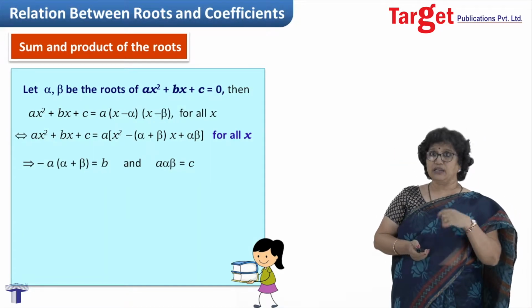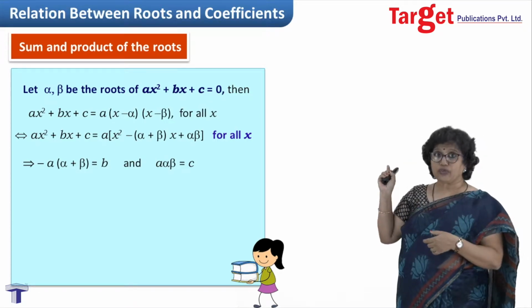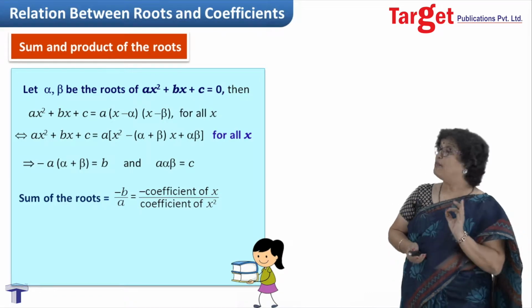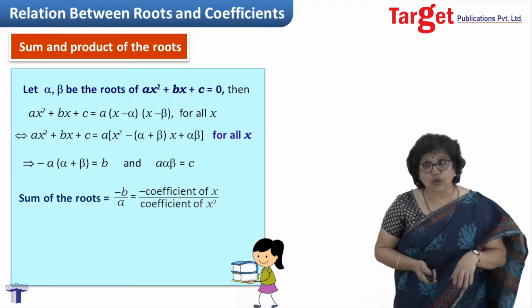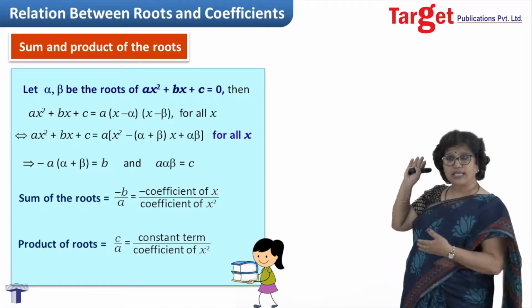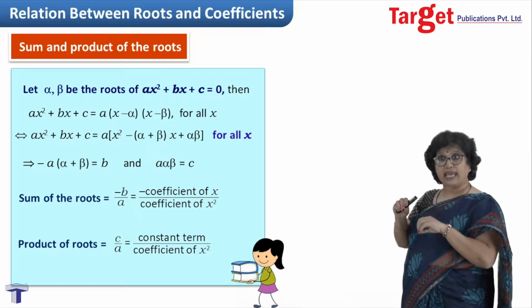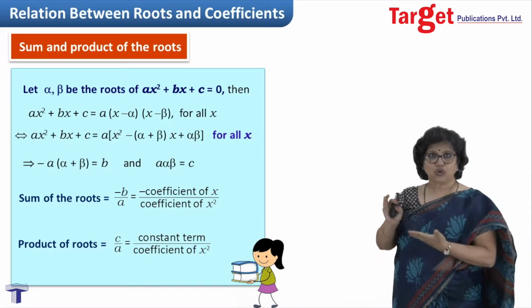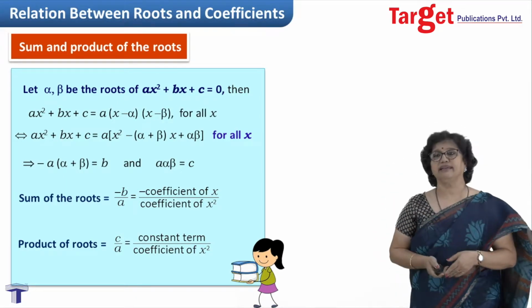And what is sum of the roots? That is alpha plus beta. So I can get from here. And what is product of the roots? That is alpha beta. So I arrive at sum of the roots is minus b upon a and product of the roots is c upon a. And of course, again, I have written what is b, what is a. I write that b as coefficient of x and so on. You can understand meaning written there.